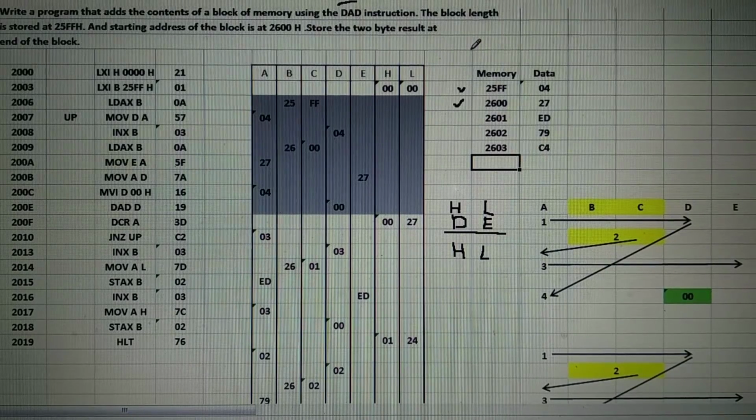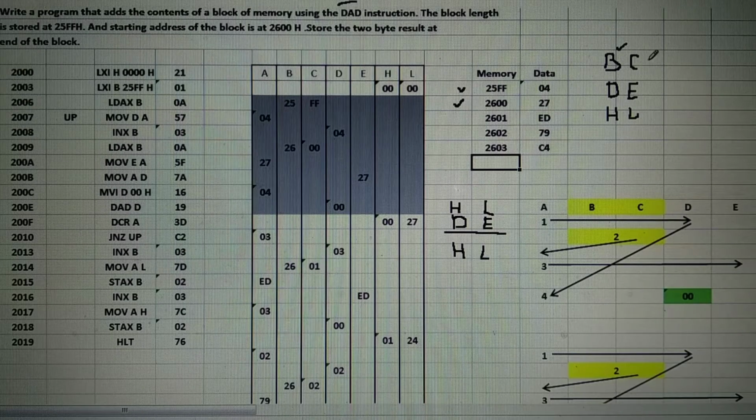Here, when the DAD instruction is to be used, we can use BC, DE or HL register pair. When DAD B is executed, content of BC is added to HL, and the result is stored in HL.